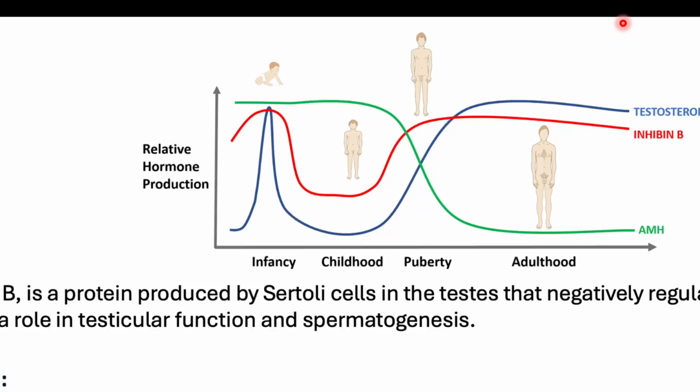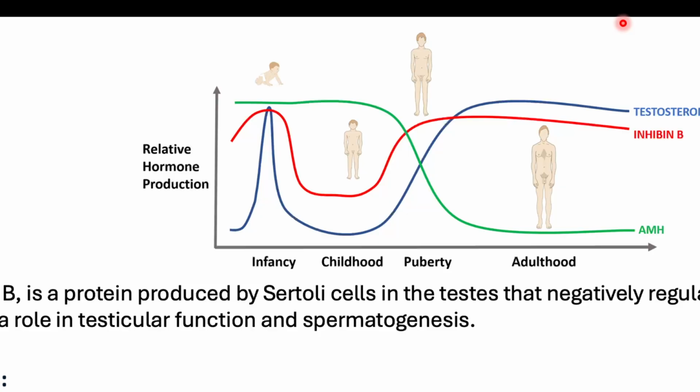Inhibin B's proper function. Inhibin B is a dimer composed of an alpha subunit and a beta subunit. It is produced by Sertoli cells in the testes, which are crucial for sperm production. Inhibin B acts as a negative feedback regulator of follicle stimulating hormone secretion from the pituitary gland, meaning it reduces FSH levels. It also has paracrine effects on nearby cells within the testes, meaning it can influence other cells within the testes. And what is its role in spermatogenesis?